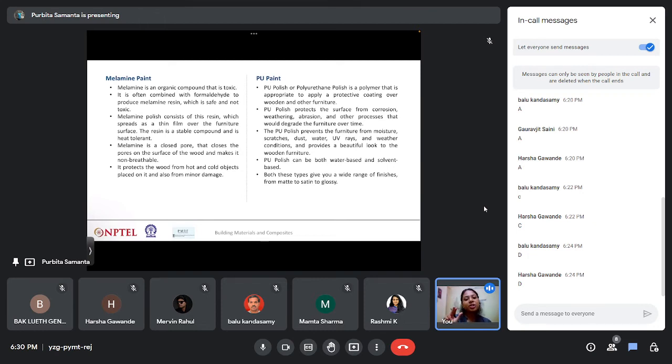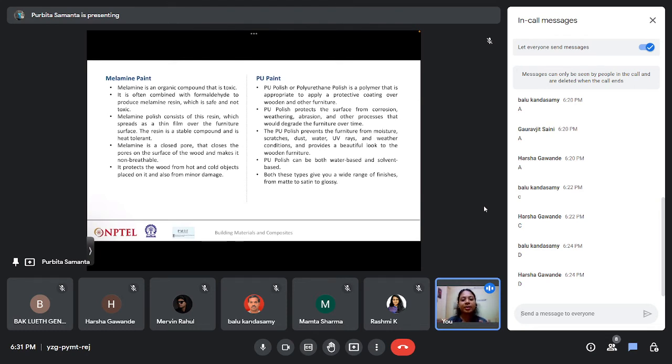So this PU polish is again a polymer that is applied in order to create a protective coating over these wooden surfaces, and it also helps to protect the surface from any kind of corrosion, abrasion, weathering, and any kind of degradation that happens on wooden furniture over time. And this PU polish can be both water based and solvent based,